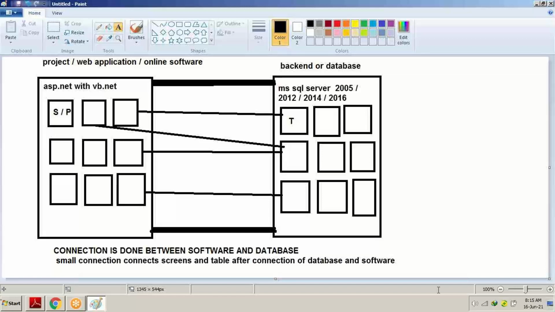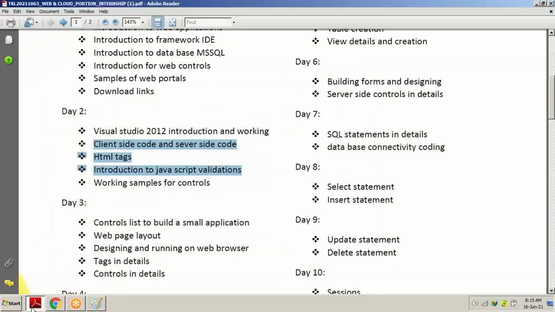Now what we have to do, we have to see the introduction to Visual Studio 2012, and inside Visual Studio 2012 we will be knowing some controls: how drag and drop take place, how it runs, and how it looks. It's a very simple thing.